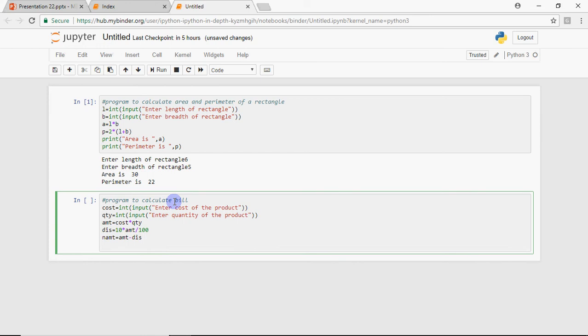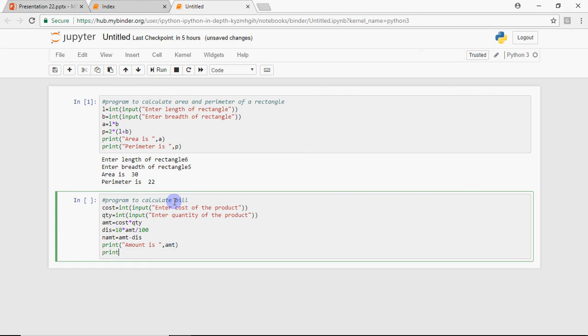So this is sequential control. The statements are executed in the order you have written them. So they will be executed one by one and you get your result at the end. So I have to print the amount. So I write amount is this. Then I have to print the discount. So I type discount is